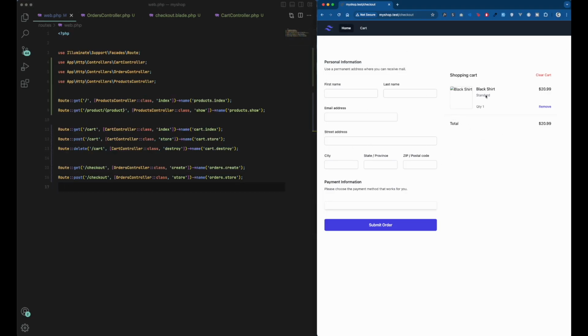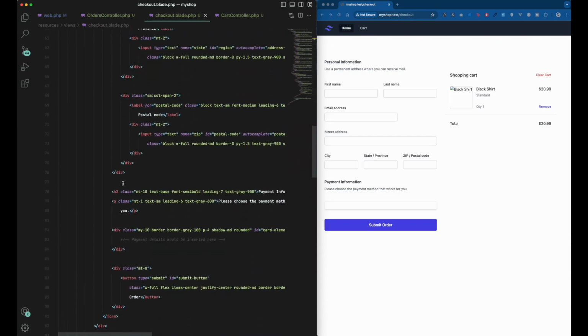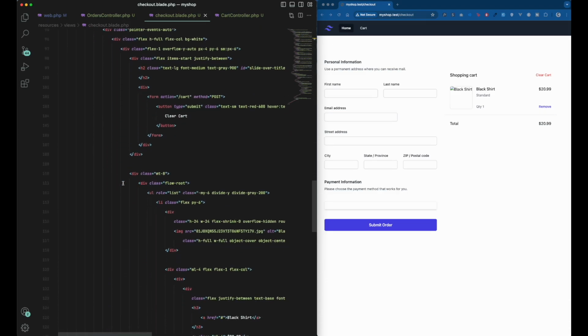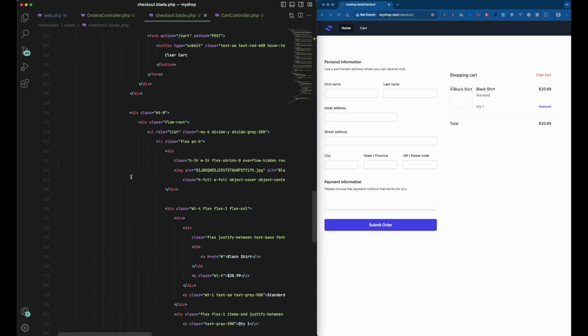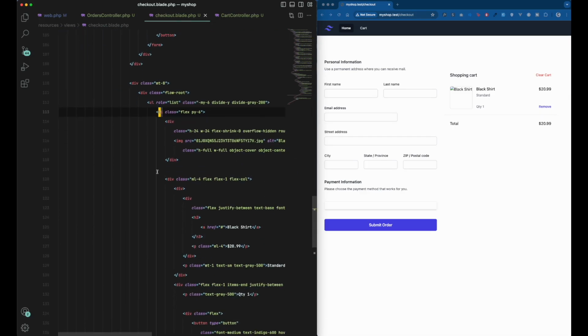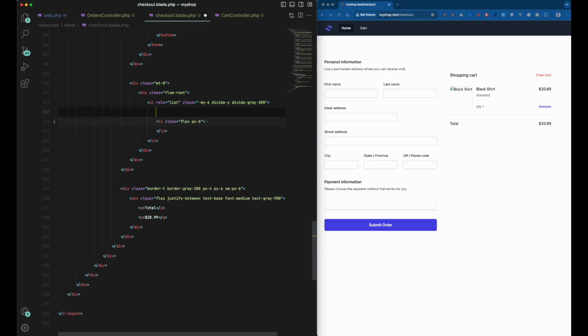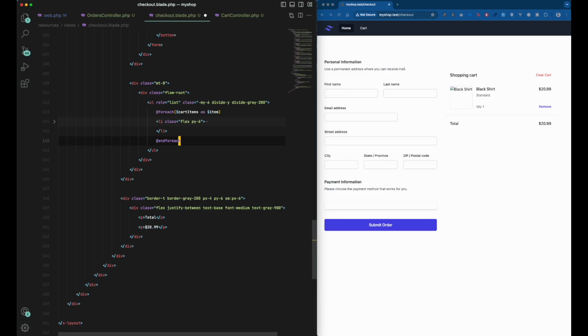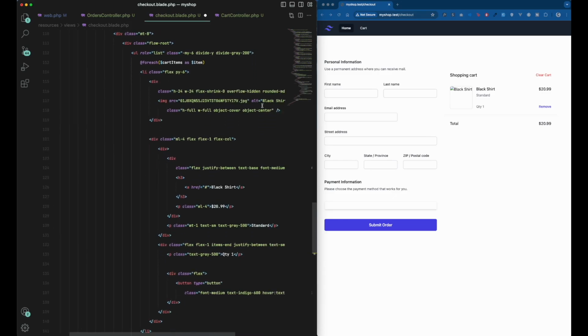But before we do that, let's also wire up this table. It's pretty simple. We will need to do exactly the same thing we did before: loop over the cart items and then display them, and also display the total. So this is our UL, this is our li, and we can just add a foreach here, cart items as item, and for each of them let's